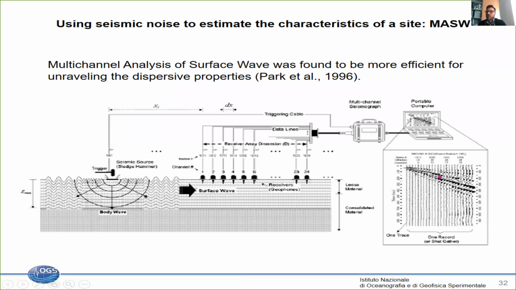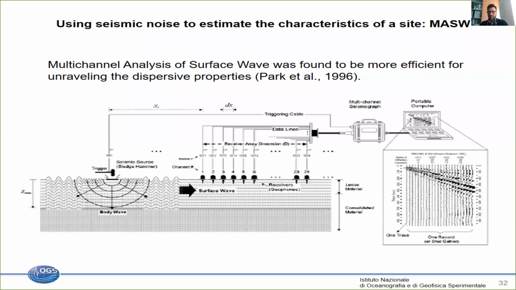So if I knew at which velocity these waves are arriving, I could correct this slope that depends on the velocity of propagation, in order to align all the seismograms along the correct slope, and I could stack them in order to